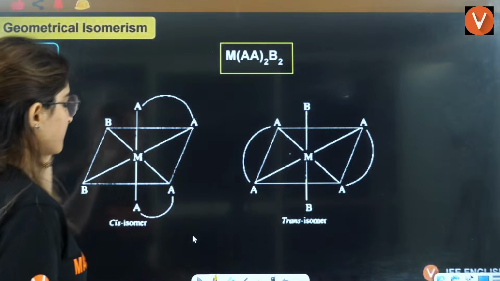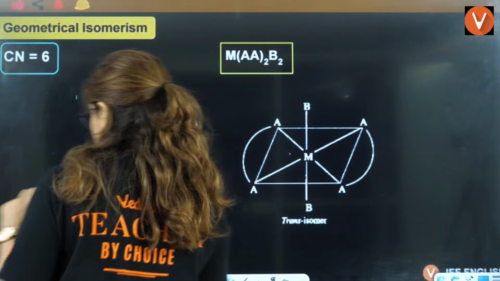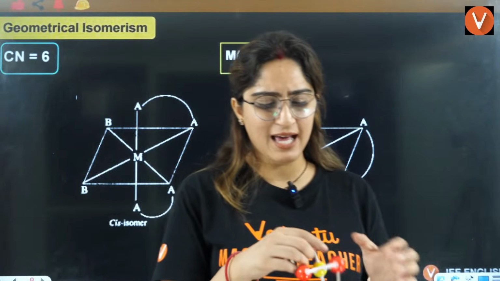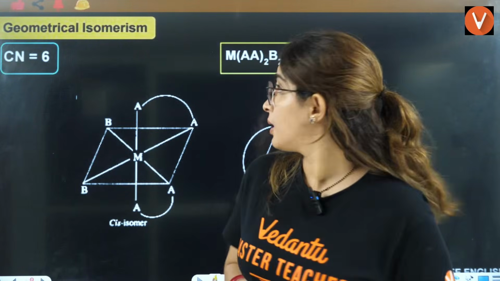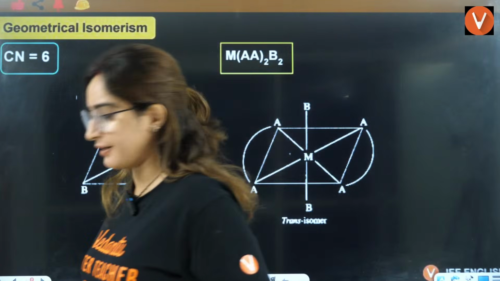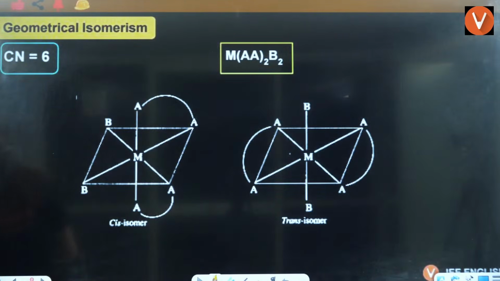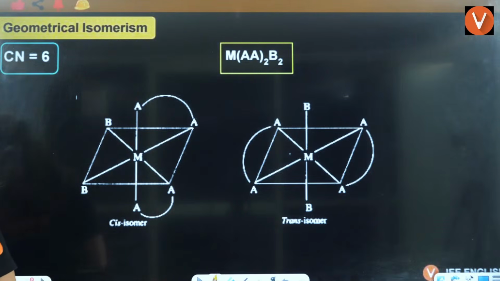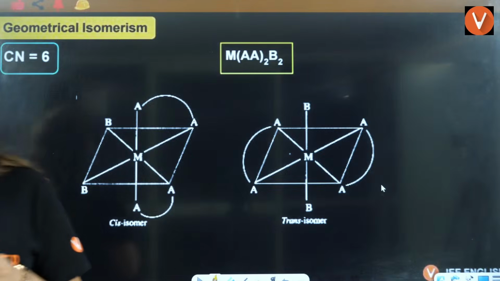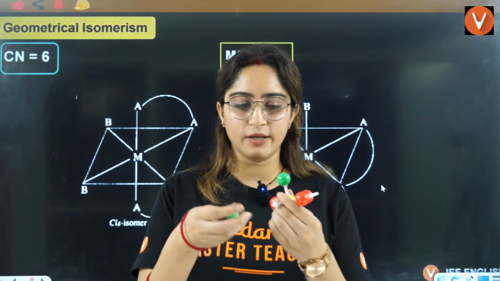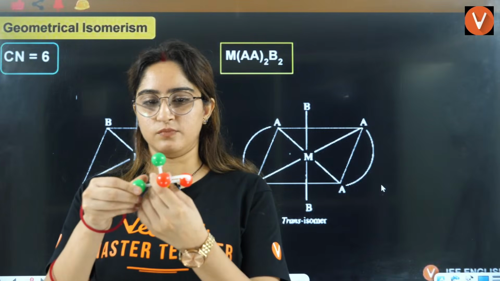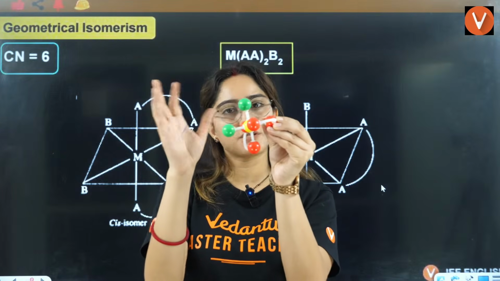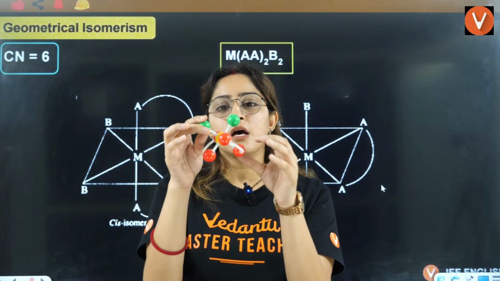Okay, let's see this. MA2B2. You need to have 2 AA. Okay, I'll have that. And B2. B2 means it is unidentate. So I'll just draw 2 unidentate here. This is bidentate because it is linked. This is unidentate because it is not linked. Right? Now,